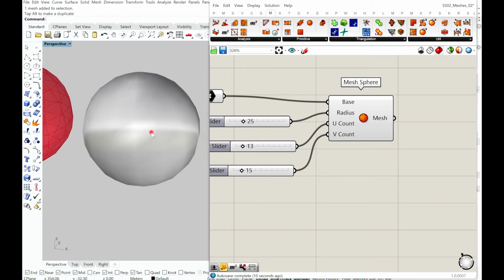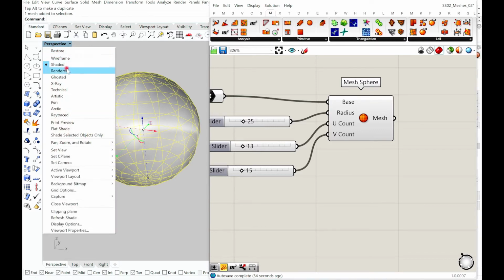Now you can clearly see it's not really smooth. It's kind of jagged because the number of divisions is lesser, so it's not a very smooth mesh. When you have a NURBS surface, Rhino automatically makes a mesh out of it. Any geometry that you see in three-dimensional space and computer graphics is represented as a mesh, always, even the NURBS.